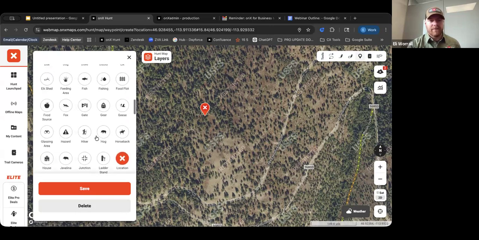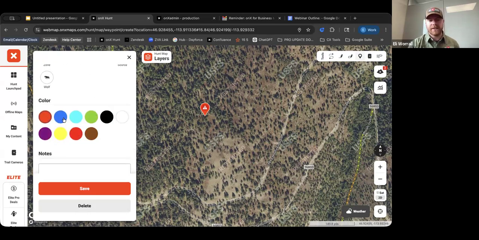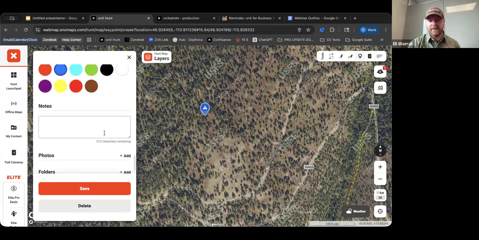And then we also have our hazard. So we'll go ahead and mark it down with the hazard here to start. From there, you can go ahead and change the color as well. And then you can also add any notes that you need to this waypoint. So if I was using this as an example, it would be,